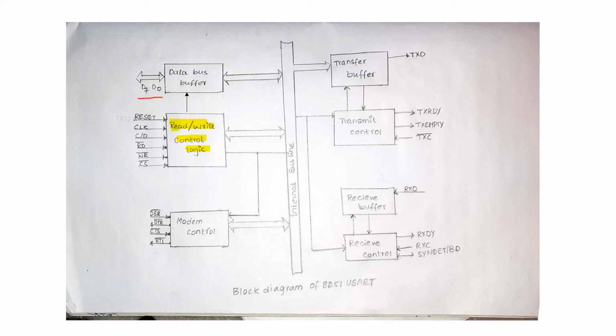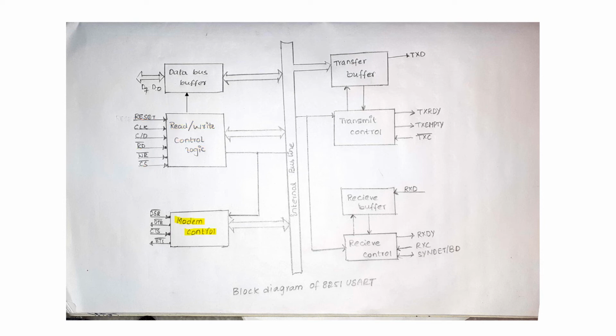The read/write control logic contains reset, which resets the device after every operation. The 8251 is reset by the reset signal. Clock signal in the read/write control logic synchronizes data from source to destination. RD bar low indicates read data. WR bar low indicates write data. CS is the control signal. It enables the whole circuit to be active. If CS bar is low, then the whole interfacing unit is activated.